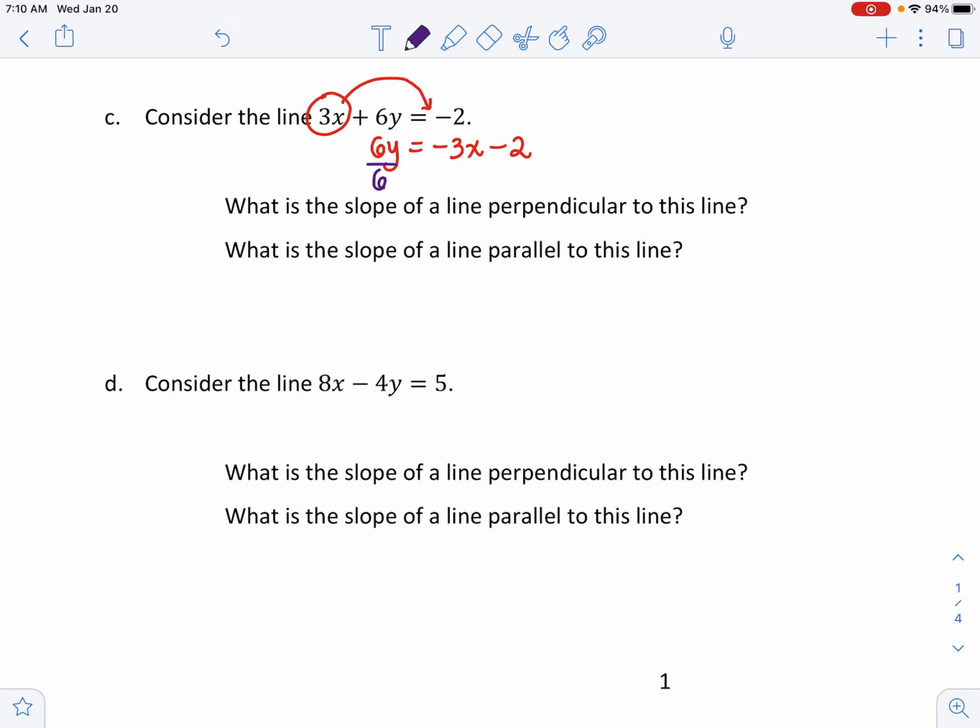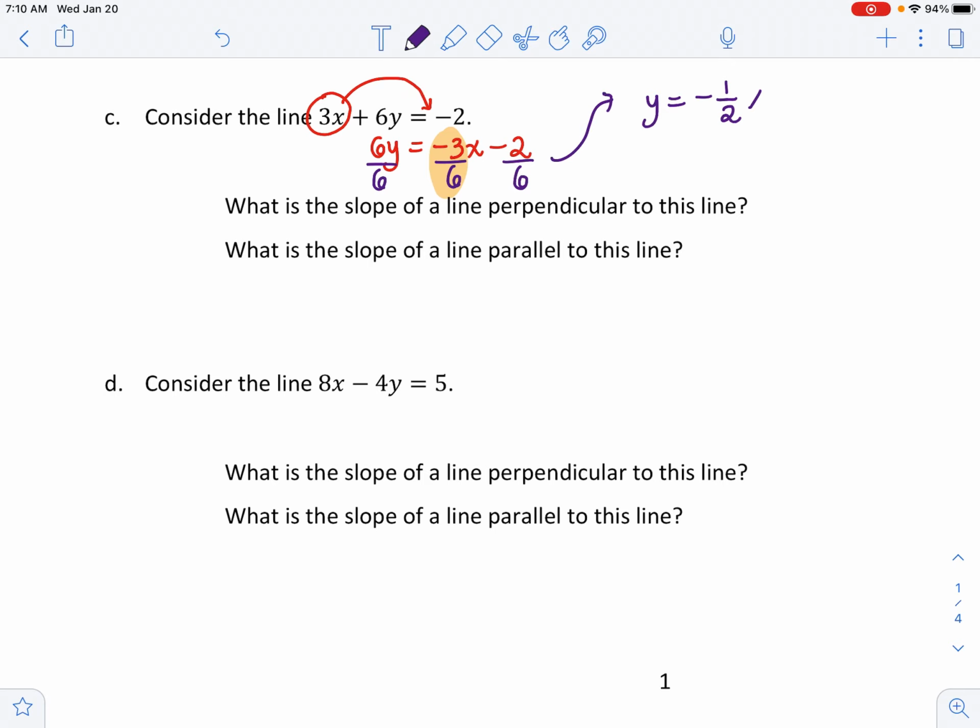Divide this by 6, divide this by 6, and divide this by 6, okay? If I clean this up a little bit, that will be y equals, now take a look at this fraction for me. Focus on this fraction for me. We need to simplify this. We need to reduce this, okay? That's -3/6. So we're going to have